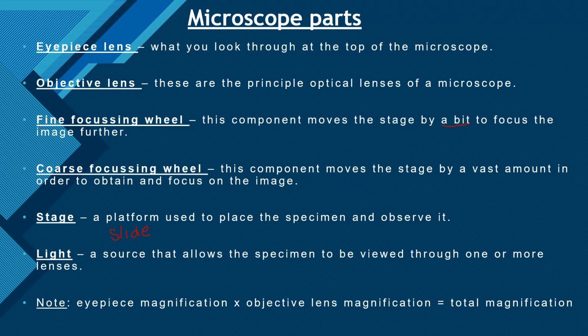Light, so remember it's a light microscope that we're talking about, a source that allows the specimen to be viewed through one or more lenses. So remember, use light and lenses. And please do make note that eyepiece magnification multiplied by objective lens magnification equals total magnification. So if this is multiplied by 20, and don't really make note of this, I'm just giving you an example, and this is times 50, then that will be giving you the full magnification, so that'll be 1000